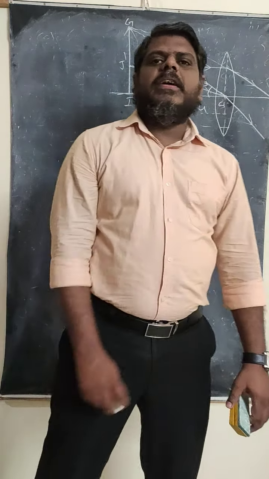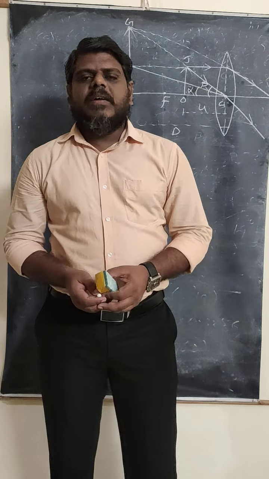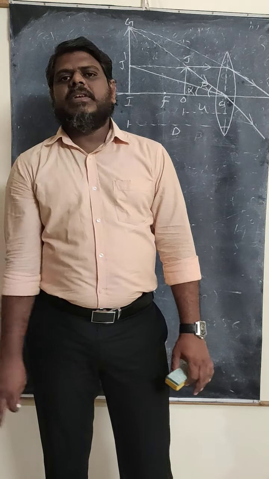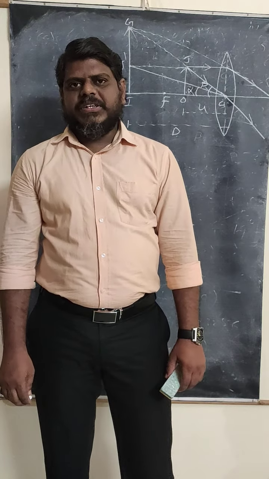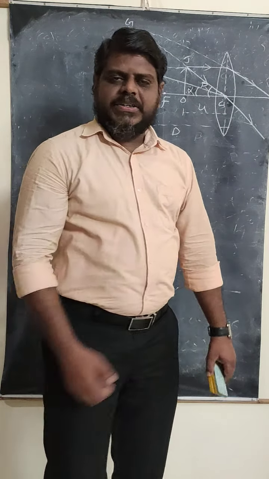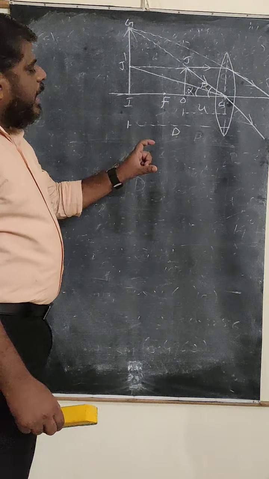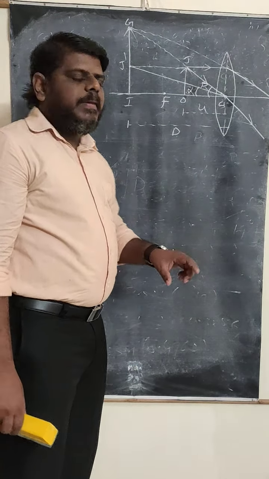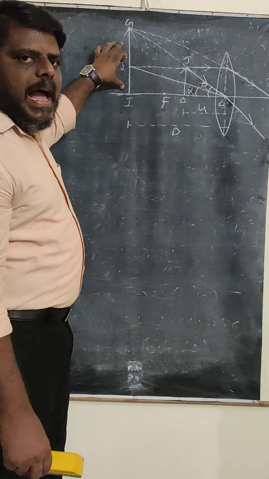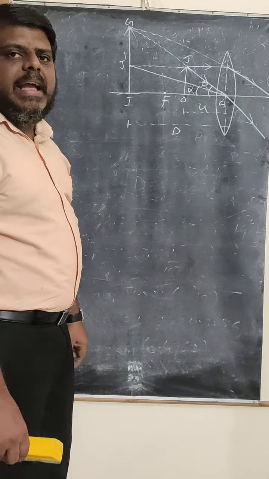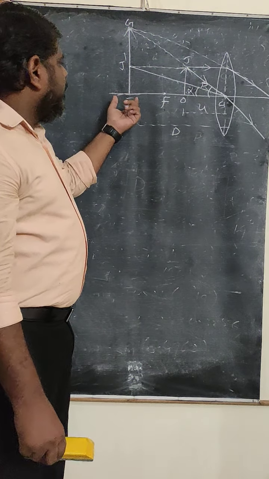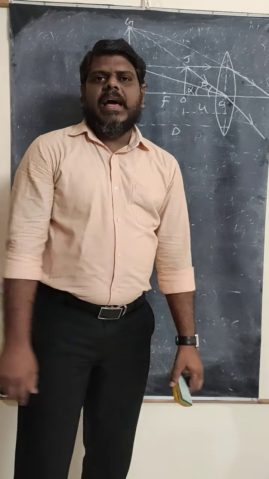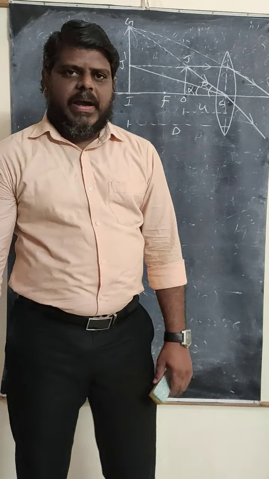And now we are going to find out the magnification of the simple microscope. So in the three types of optical instruments, three different definitions are there for the magnification. So here, how can we define the magnification? All of you must concentrate. The magnification is nothing but the ratio of the angle made by the image to the angle made by the object when both are placed at the least distance of distinct vision. This will be called the magnification of simple microscope.